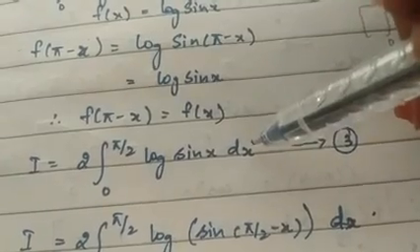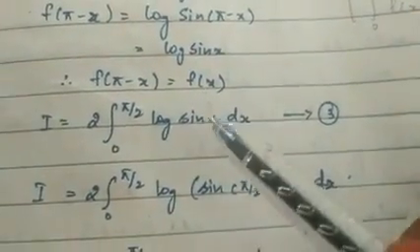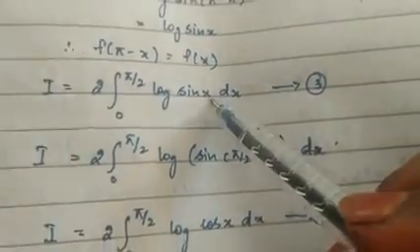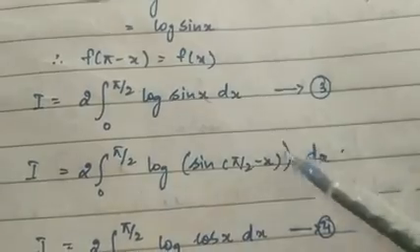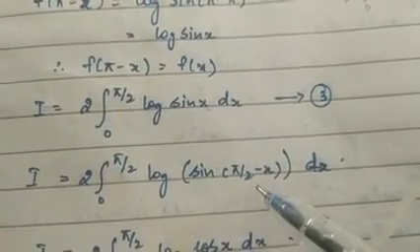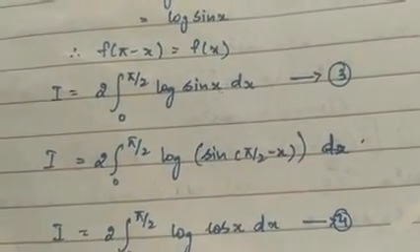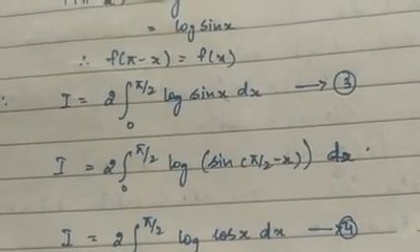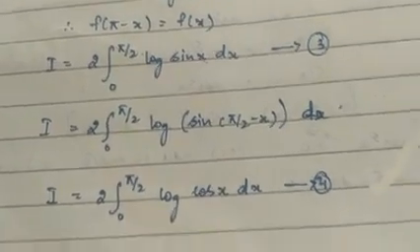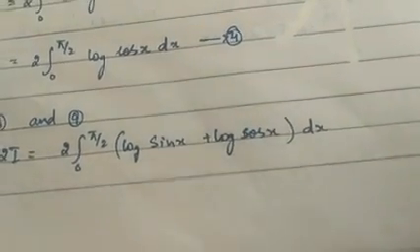After that, the same procedure you need to do as we did in the example. Just I will explain what we have done. If it is pi by 2, you will be applying the property and writing x as pi by 2 minus x. Now, sin 90 minus theta is nothing but cos theta. When you are applying the property integral 0 to a f of x dx is equal to integral 0 to a f of a minus x dx, you need to add the first integral and the integral after applying the property. When you add it together, you will be getting 2 into integral 0 to pi by 2 log of sin x plus log of cos x dx.